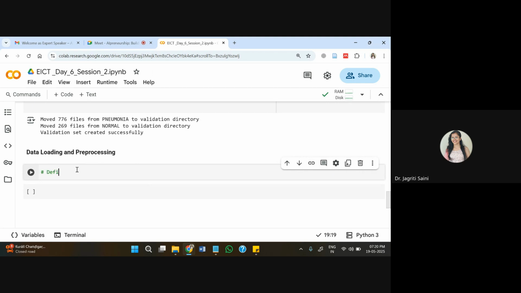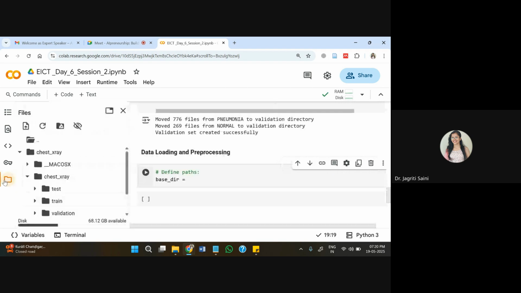So first, for this, I'll define paths for my datasets. One is my base directory I'll be creating first. So that base directory I have is this one, basically this one is the base directory within which we have all these 3 folders. So I'll just copy the path of this and I'll pass it here.